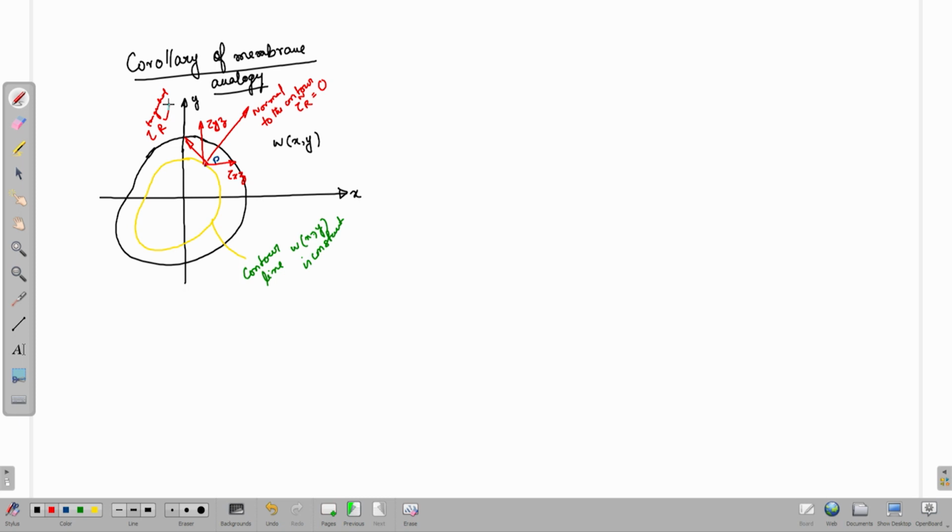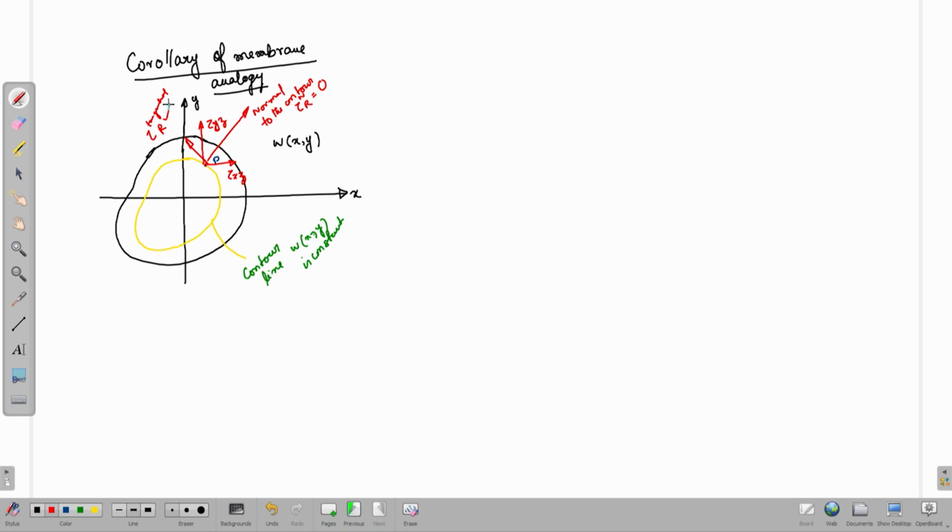Then what I can do is imagine a contour of that assumed membrane through that point P, and the resultant shear stress at the point P is going to be in the direction of the tangent of that contour. The advantage of this might not be very prominent at this point, but when we solve examples, we will see that we can use this to bring down our calculation to a large extent.